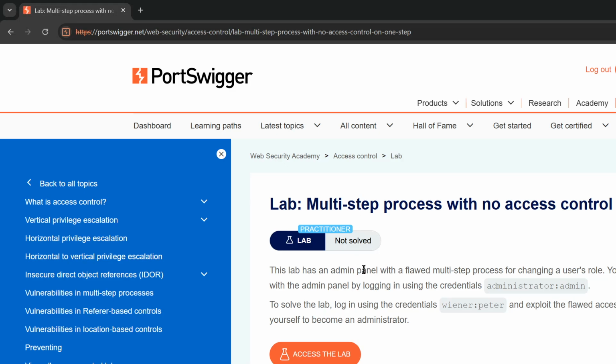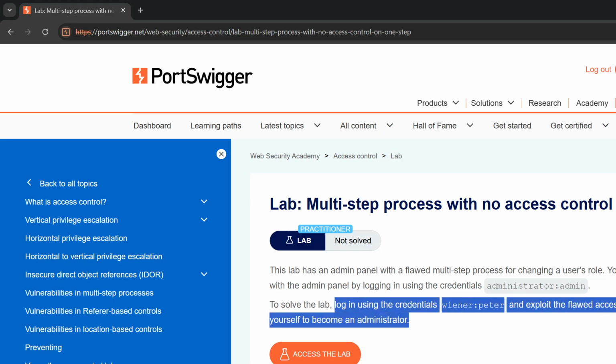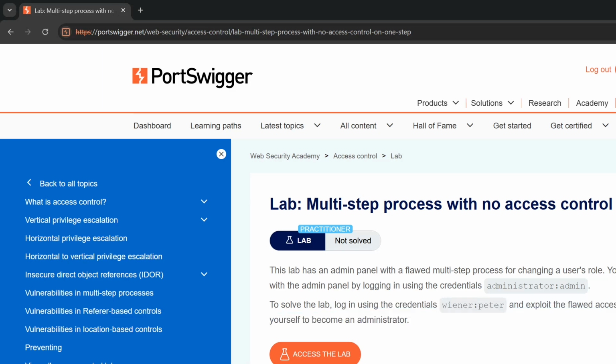This lab has an admin panel with a flawed multi-step process for changing the user's role. You can familiarize yourself with the admin panel by logging in using the credentials. Okay, so log in using the credentials Wiener:Peter and exploit the flawed access controls to promote yourself to become an administrator. One slight thing to note here, when they say log in using the credentials,